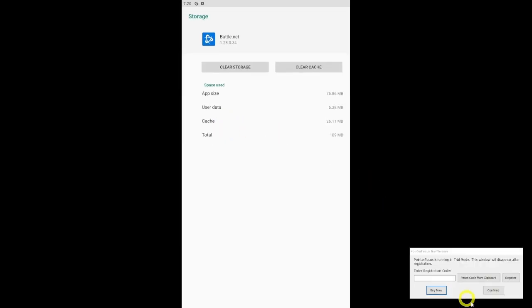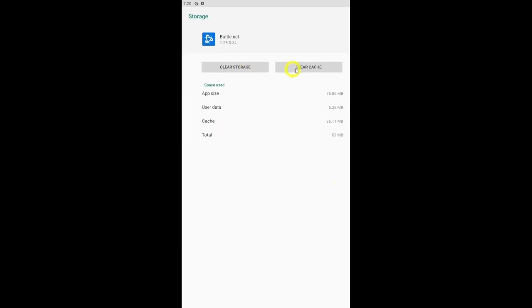After you click on storage, you can see this option for clear storage and clear cache. You are looking to clear up your cache, right? Just simply tap on clear cache. After you click on clear cache, your cache will be instantly cleared. So as you guys can see, the storage has been restored for this clear cache over here. And that's it, guys. That's how you're going to clear up your cache on